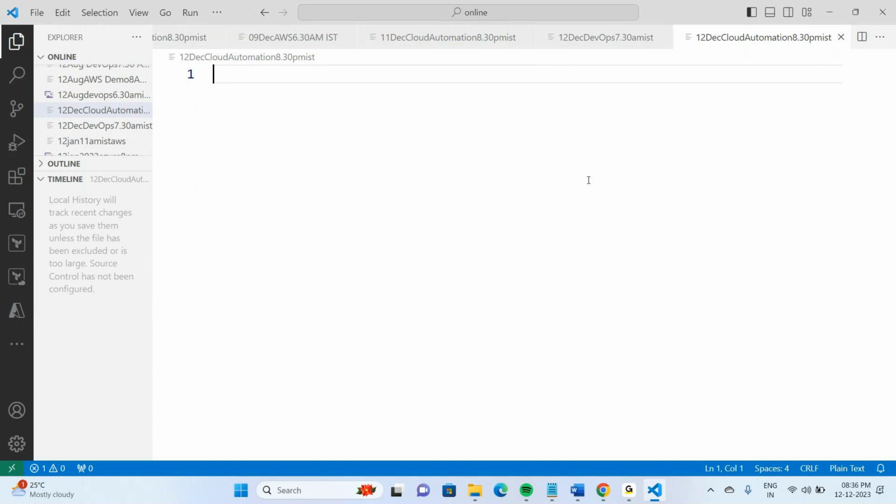Okay. So in last class, we completely automated VPC creation. We created one VPC, two route tables, two subnets, one gateway, and we created one key file, security group, one instance. But everything we have hard coded. So if you want to reuse the script, we have to use variables. How to use variables, I told in last class. So to continue from last class, let us go to